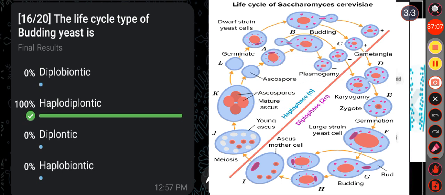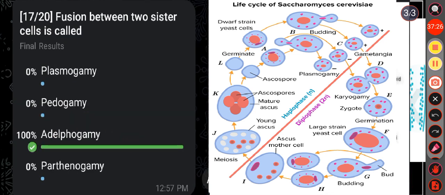So the life cycle of Saccharomyces cerevisiae, or the budding yeast, here both haploid and diploid phases are equally represented, and thus the life cycle pattern is haplodiplobiontic or haplodiplontic type. Okay, so here the correct answer is option B. Then next question,